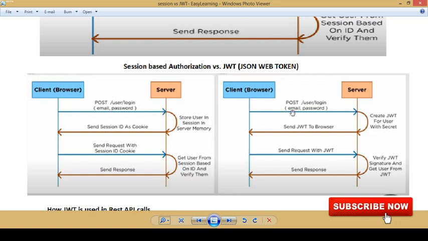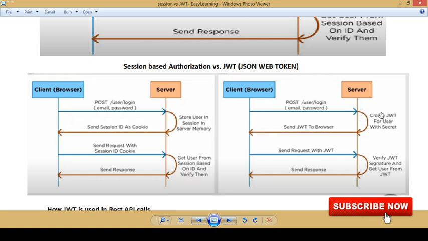You are sending the email ID and password as your JSON body in the post method to the server. So you are basically requesting the server to generate a token for me so that I can use it the next time. What the server does is it creates a JWT for this user with the secret key, which will come in this video, what is secret and all. Based on this, it will create a JWT out of it and send the JWT back to the browser.